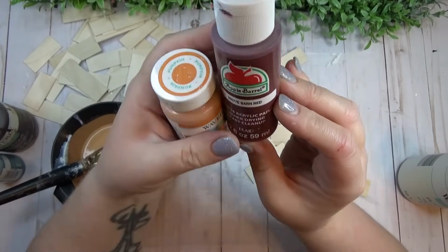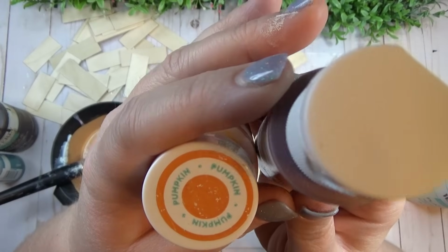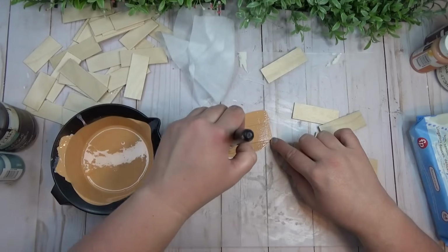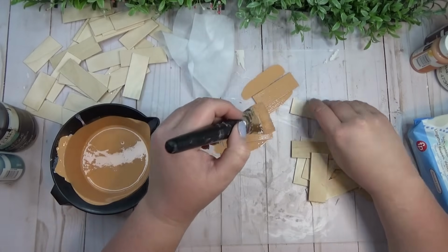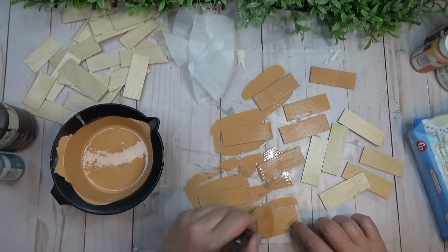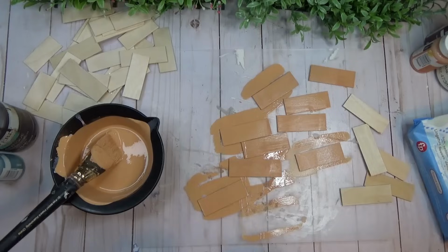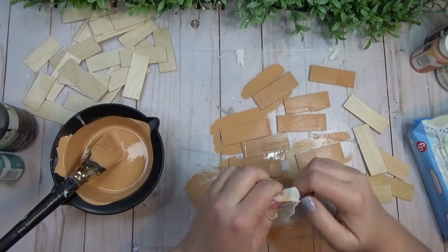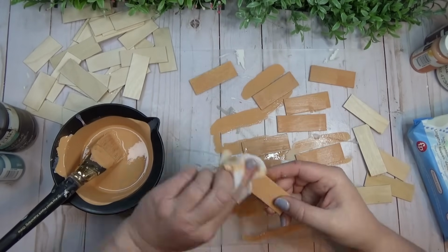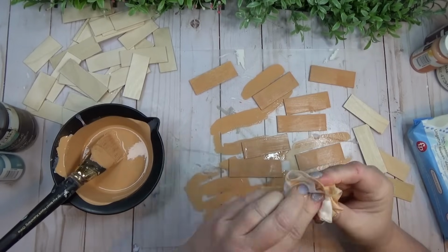Then I kind of divided the pile of sticks that I had into 4 equal piles. I wasn't exactly sure how many sticks I would need, and I just started painting the different piles different colors. Now the colors that I picked you could use for summer or for fall, and I wanted kind of an orangey color. I showed you there that I used the pumpkin color by Waverly, but I did add just a